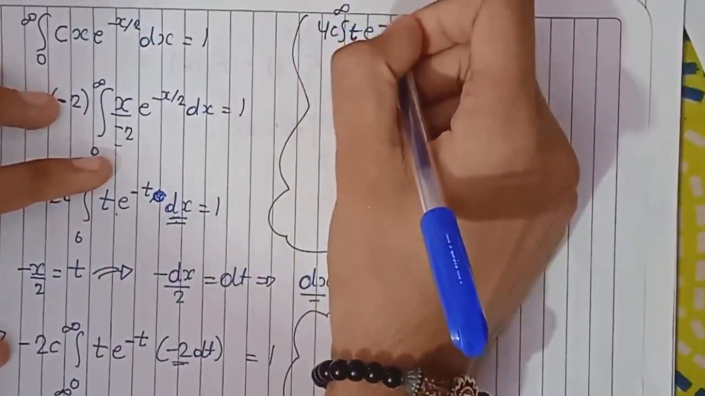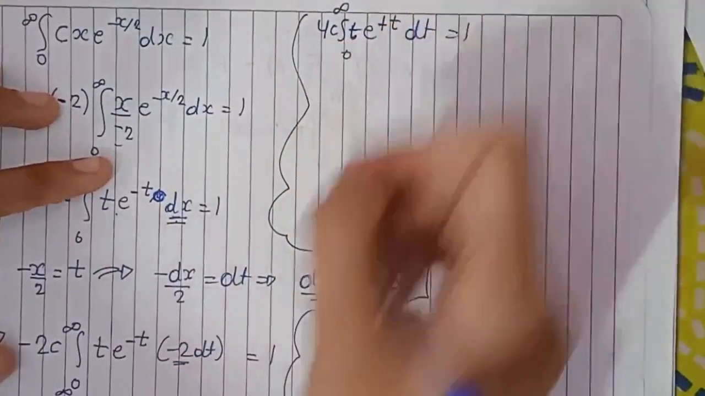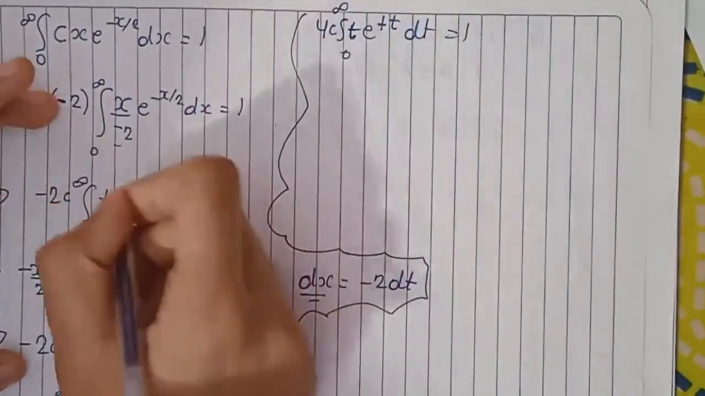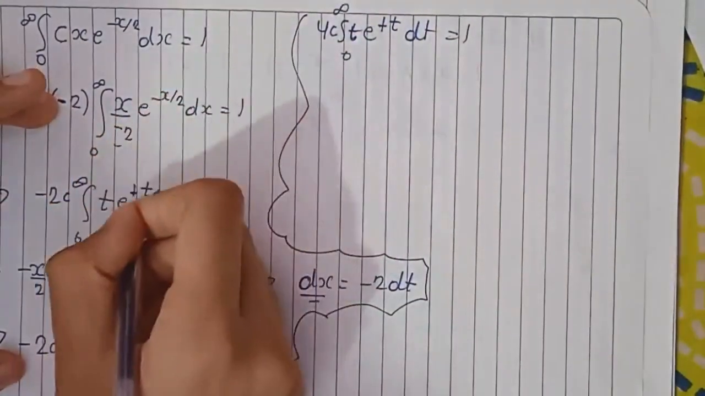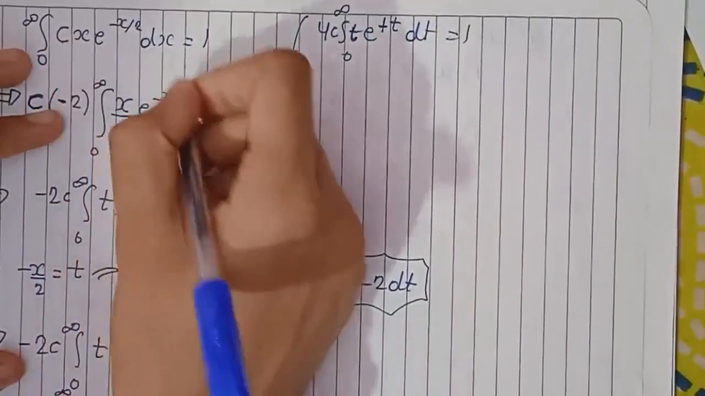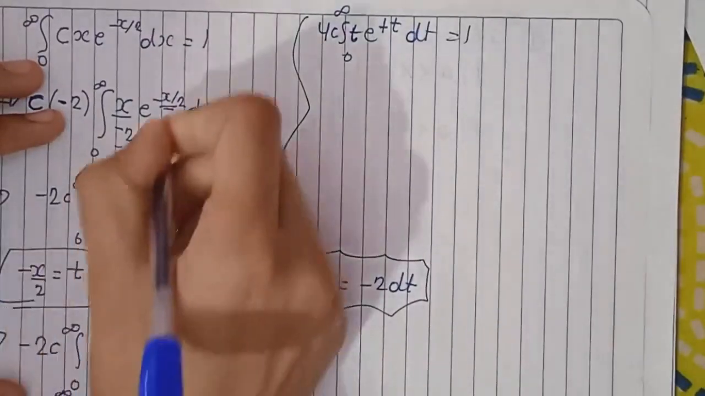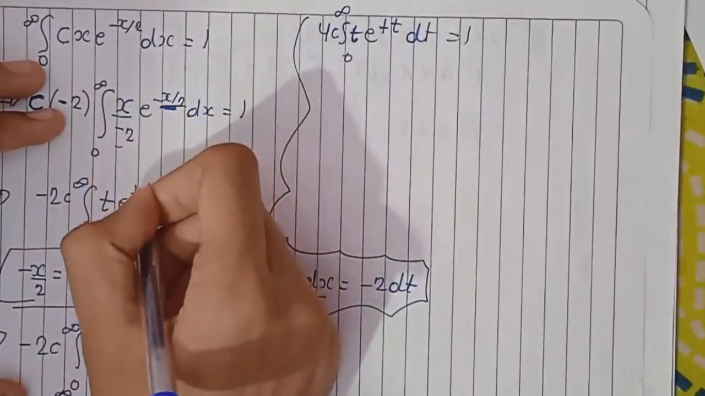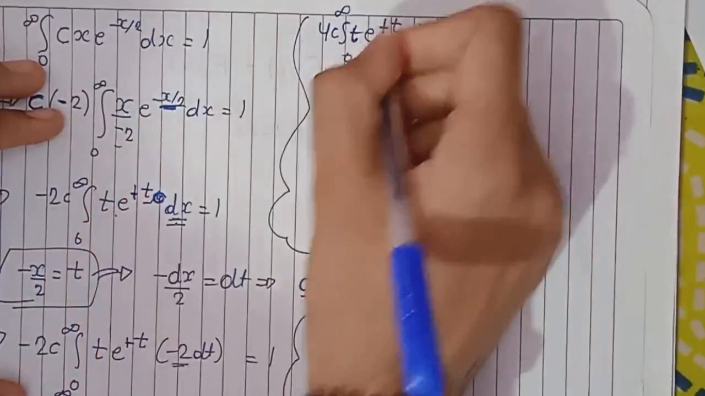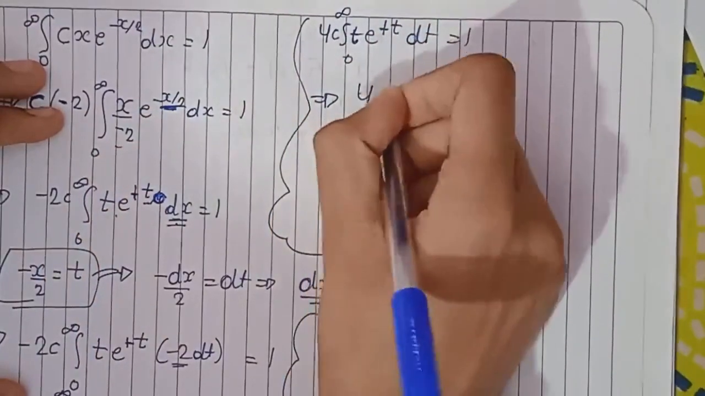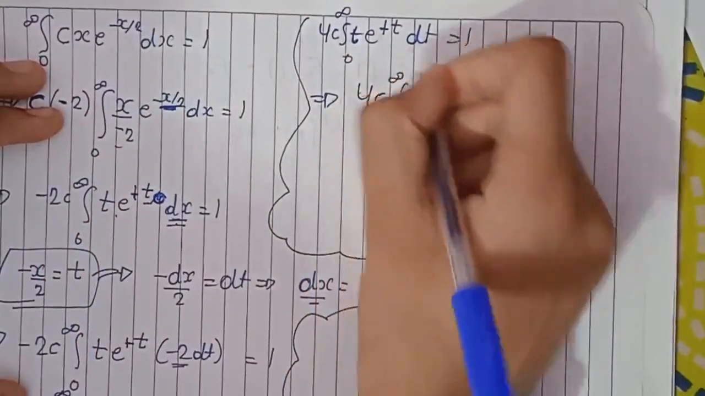Now it was plus t. I have by mistake taken it as minus t. So I must do it plus t because minus x by 2 was equal to t as per our substitution. Therefore minus x by 2 was equal to t, so it is plus t, not minus t. So again rewriting my expression, I have